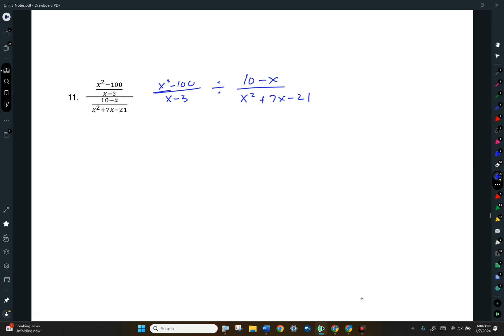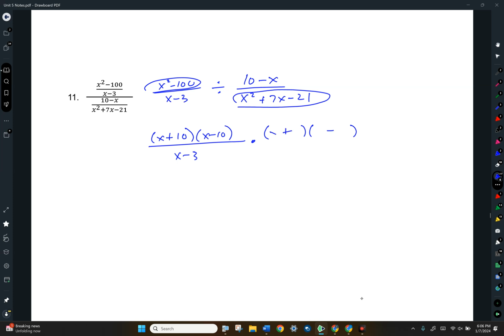All right, so for the first numerator, difference of squares. Okay, can't do anything to that x minus 3. That can't be factored. So I'm going to change it to multiplication. I'm going to work on this because I'm flipping it over. So trial and error. So I need a plus and a minus, x, and x. And actually on this one,